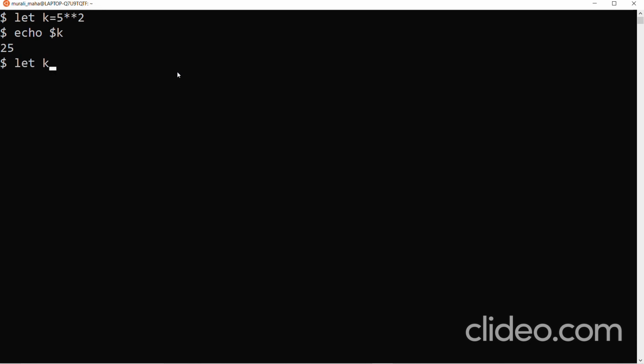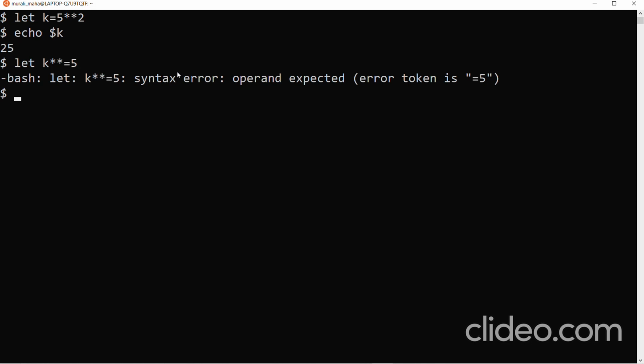Now let k double star equal to 5, meaning k equals k double star 5, that is 25 double star 5. Does it work? No, it won't work. That's what I meant by saying that the shorthand assignment operator is supported for all the other basic operators except exponentiation. Okay, fine. Next, let us learn about the expr command.